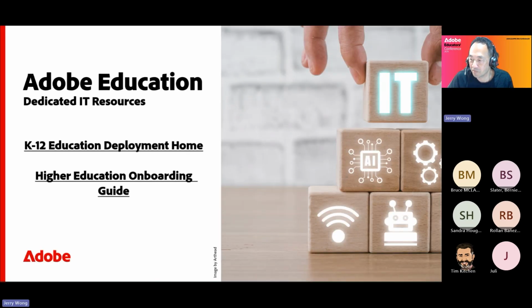I think just to leave you with a couple of dedicated IT resource pages. We've got 2 dedicated sections of information for IT administrators, both in the K-12 sector as well as higher education. They've got very specific areas and configurations for K-12 and also higher education. So there are 2 important links there. If you're an admin, you should probably bookmark those, but we will have those slides sent over to you. And that's about all I've got.